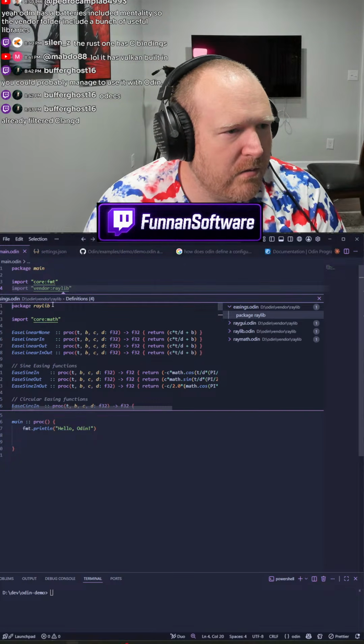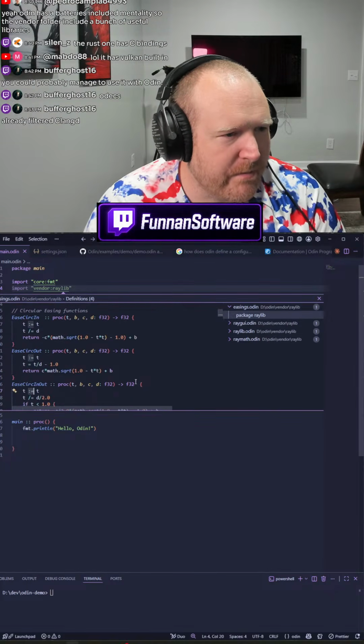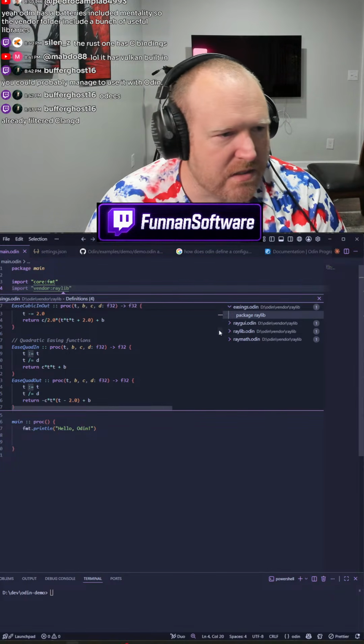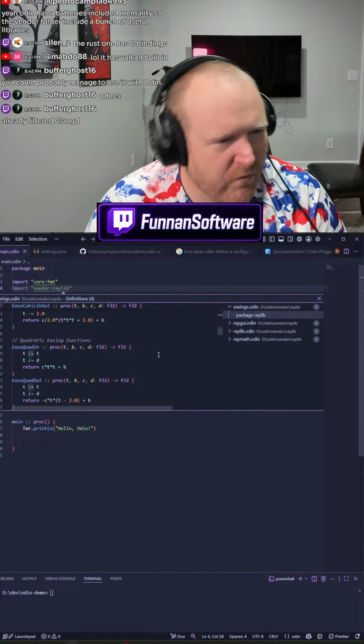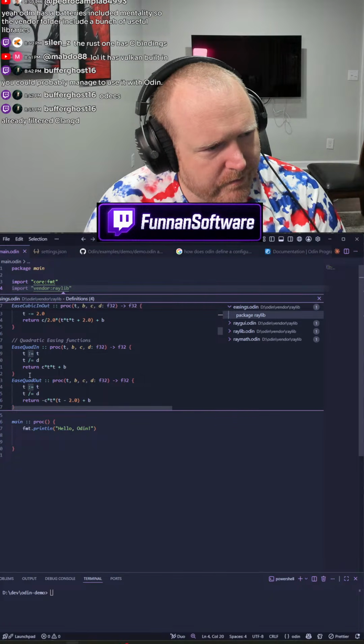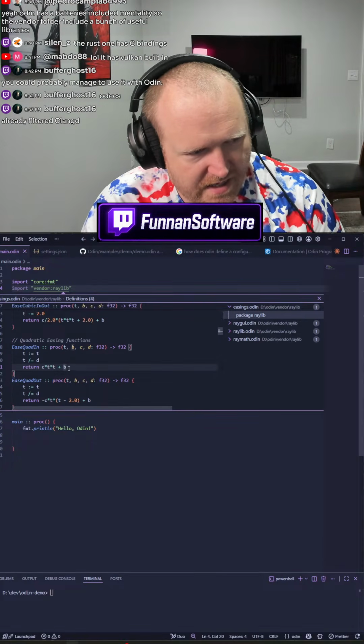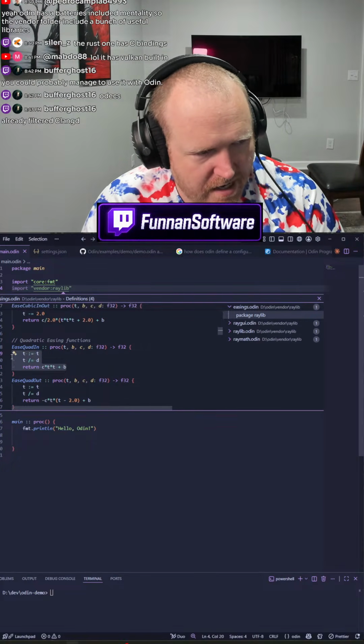Okay. I went to vendor Raylib and it brought me to a bunch of math functions. Not quite what I wanted. Wait, are these non-Raylib helper functions, or did they have to re-implement Raylib logic?